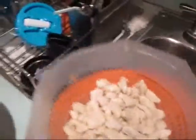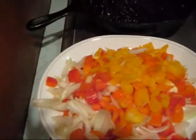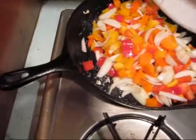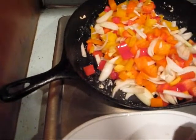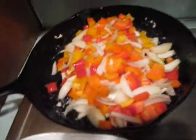So I'm going to let this chicken sit over here, and this will be draining until it's ready for me to add it in with the beans. So here are my peppers and onions. So I'm just going to put those in, and I'll probably cook those until they turn translucent, and then after they get translucent I'll take those and put those to the side,